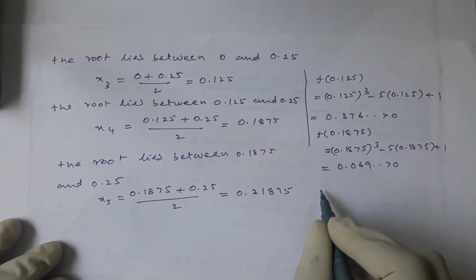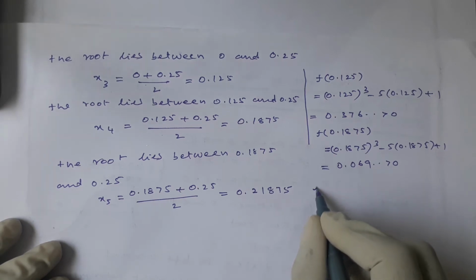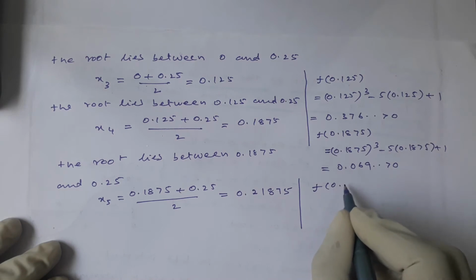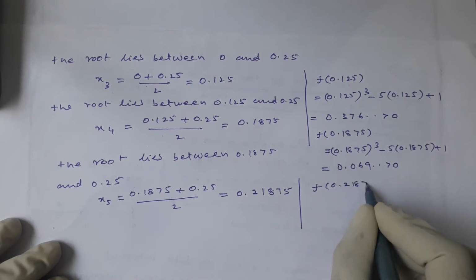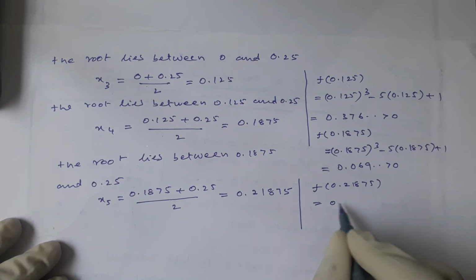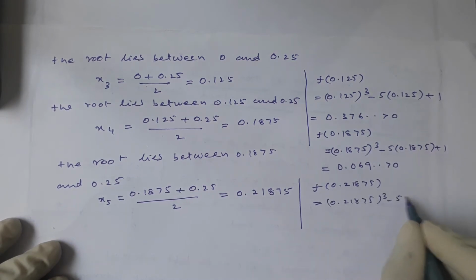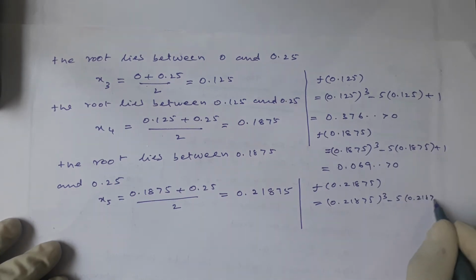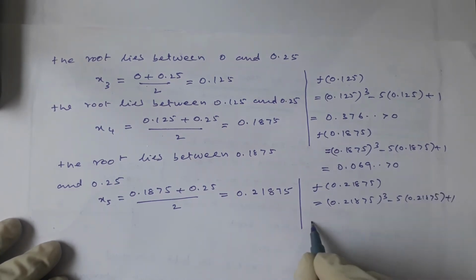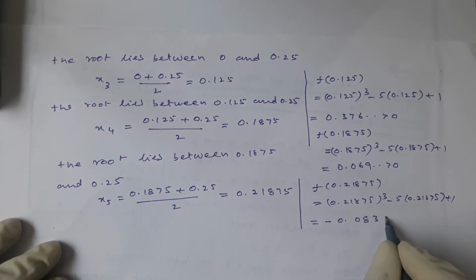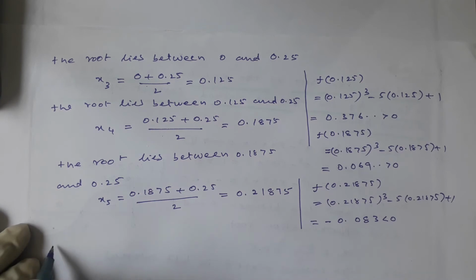Next, f of 0.21875 is equal to 0.21875 whole cube minus 5 into 0.21875 plus 1, which is equal to minus 0.083, less than 0. So the root lies between